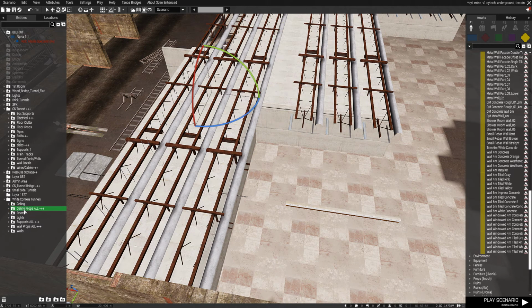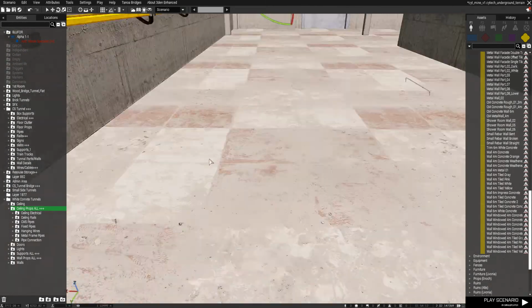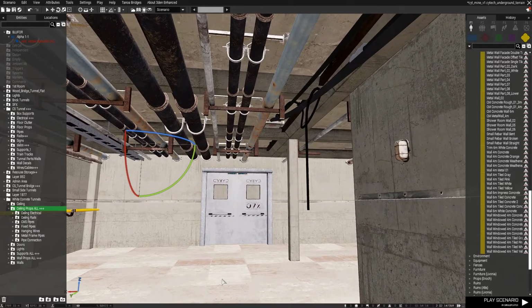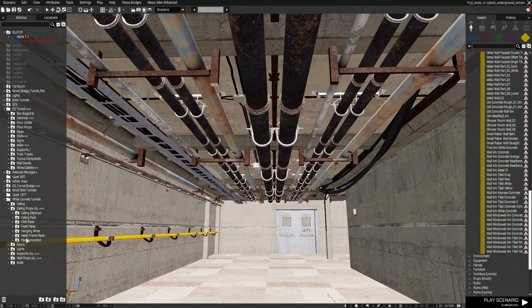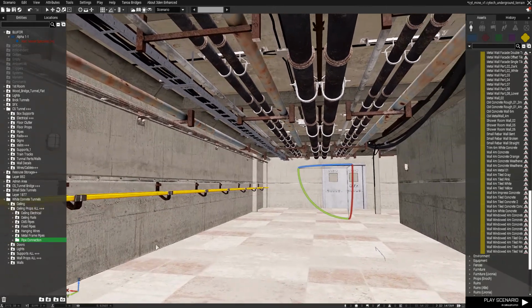And then for ceiling props, for example, see here I've got a plus. I've got folders within that folder. So I'll put a few pluses just to remind myself that there's more than one layer in that layer. Here, for example, this is all my pipes that I'm sticking to the ceiling. This is nowhere near finished, by the way. This is something I'm working on. So pipe connectors, I've got